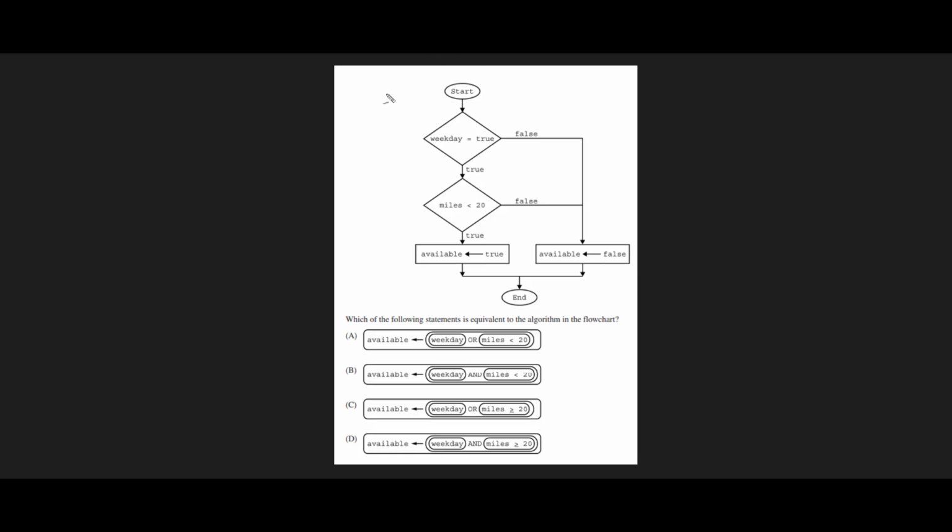There's other ways that you can approach this, like plugging in numbers. You can plug in values for weekday and plug in values for miles and see which of these will get you to the right path. But that's actually kind of a long-winded path. The better way to do this is actually just to look through it and try to reason through it. So let's do that. What we see here is in this statement, we start here and we end here, but